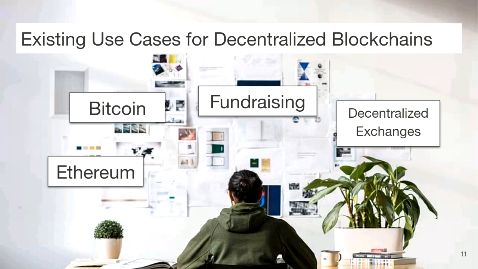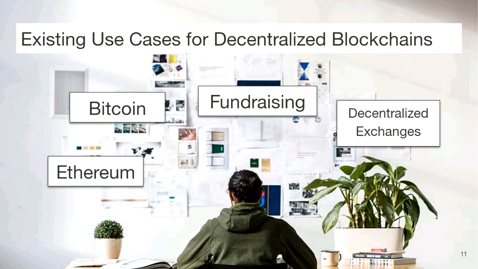And we're going to start with existing use cases for decentralized blockchains. Now, why did I say decentralized blockchains? You may remember from Monday that when we look at public versus private blockchains, private meaning permissioned access, not anyone can become a node or a client, then whenever we have that private or permission-based access, we introduce some form of centralization because some person or some group of people have to control that permission.